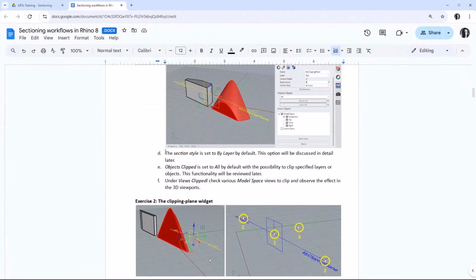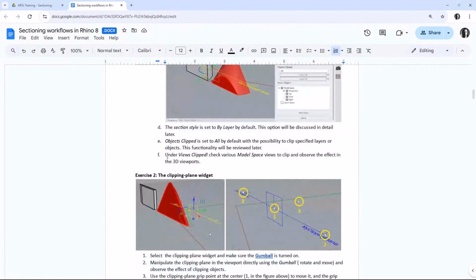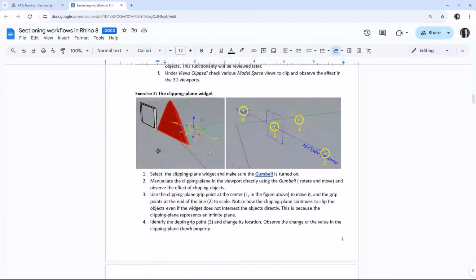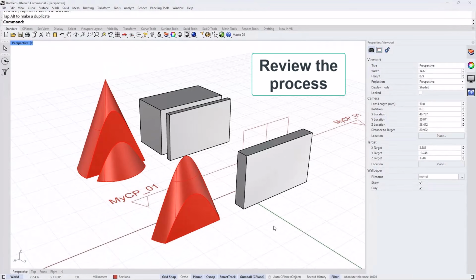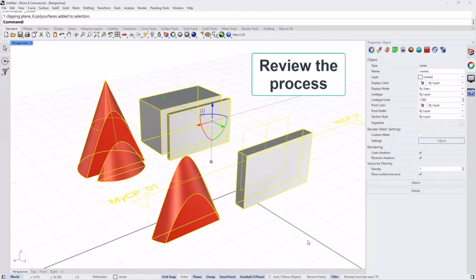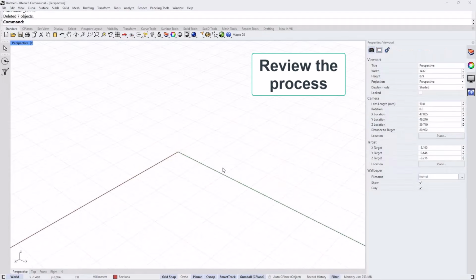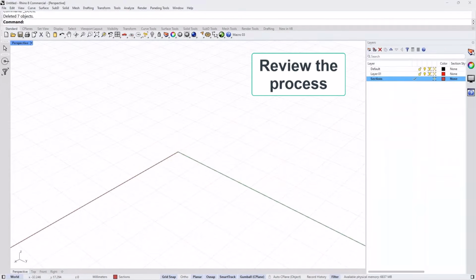And we're going to skip the section style and the object clipped, and you can go through the different viewports to hide and show. So I can just delete everything, and then we can do that process again step by step.